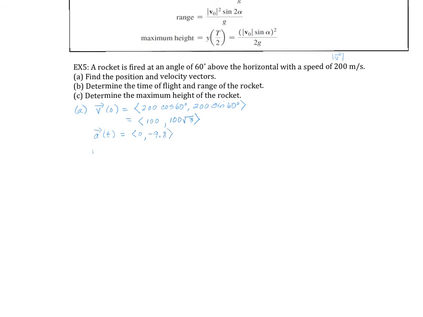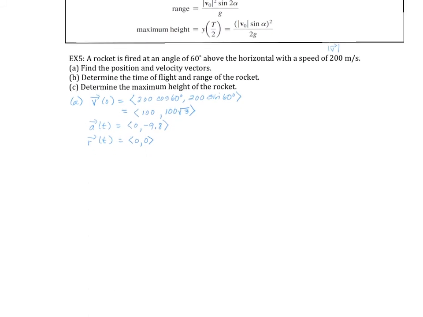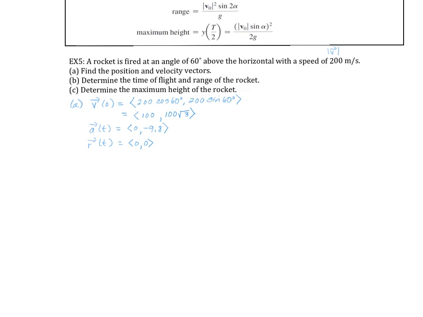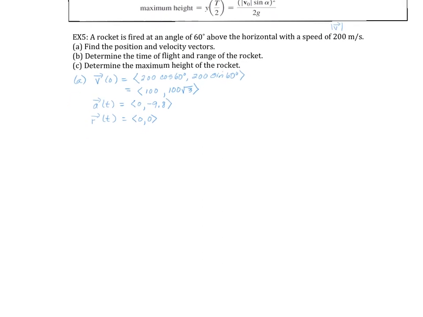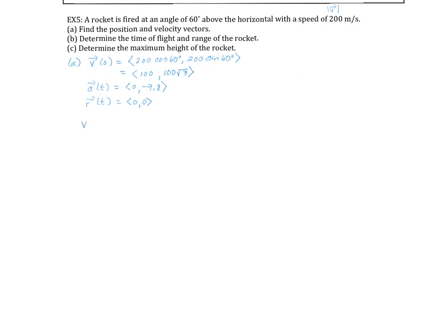So what about my initial position? The rocket is launched at ground level, so my initial position is 0, 0, which is what I want because now I can use what's in this summary box. If I have to determine the time of flight and the range, well, the time of flight, actually let's find our velocity function. My apologies, which would be v of t